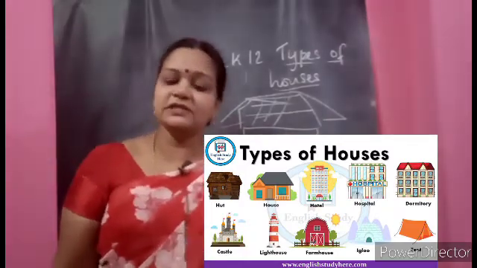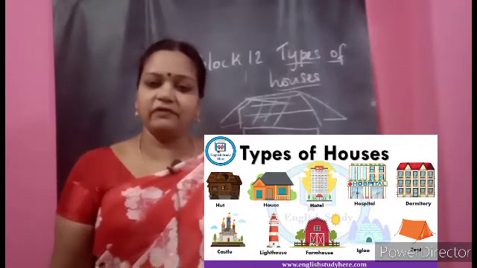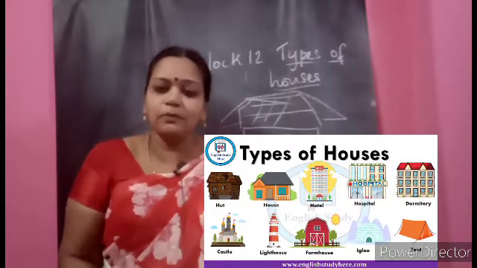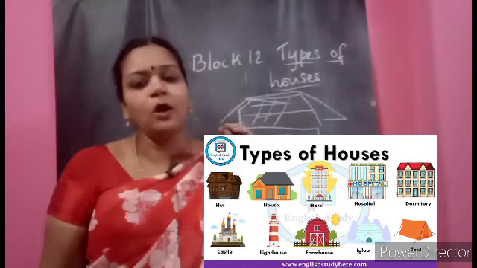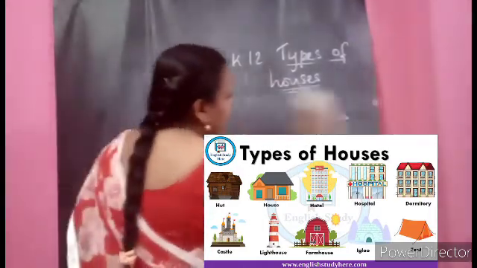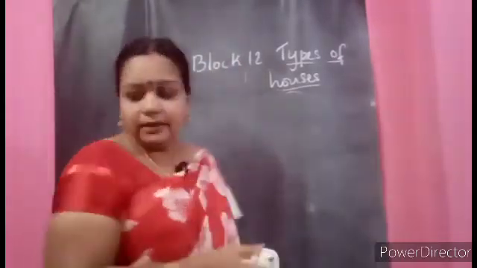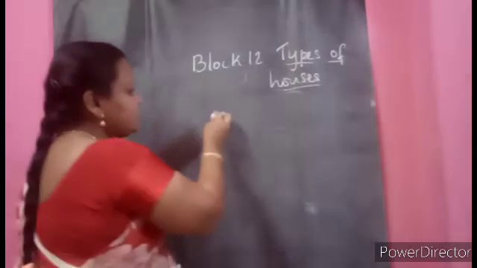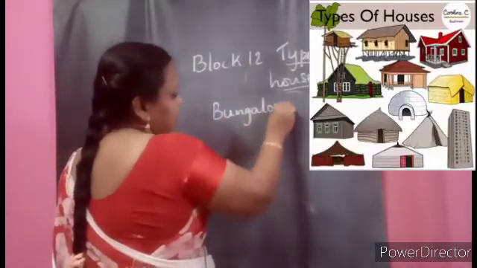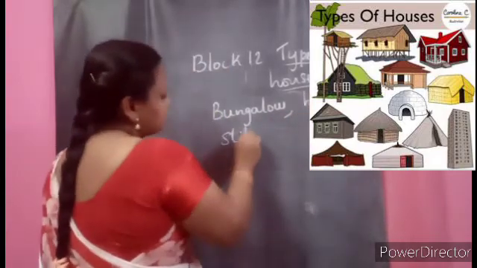Just now, caravan means they can make it move wherever they like. Tent means they can carry it wherever they go. Bungalow means it will be very big. And a hut means it will keep them cool. Like that every house has its own speciality. But what is common among all the houses, children? So many names we discussed, no? So shall we try to write the house names, all we discussed? Did we discuss the bungalow, a permanent house, hut, a temporary house, stilt house,